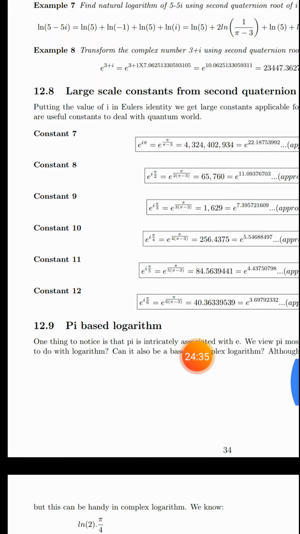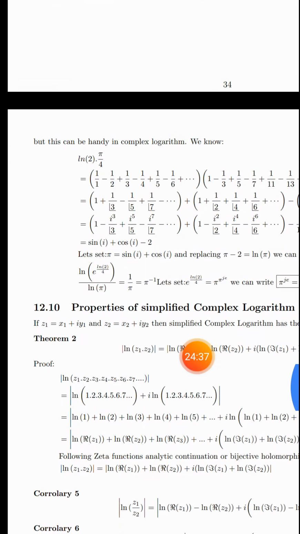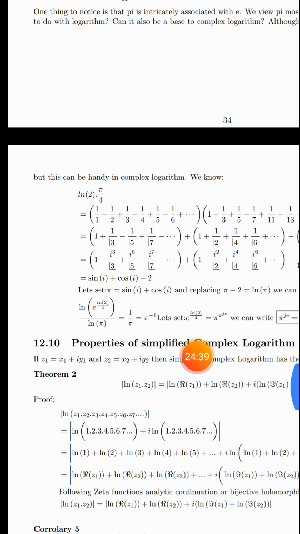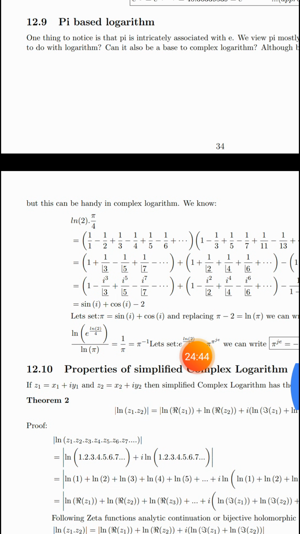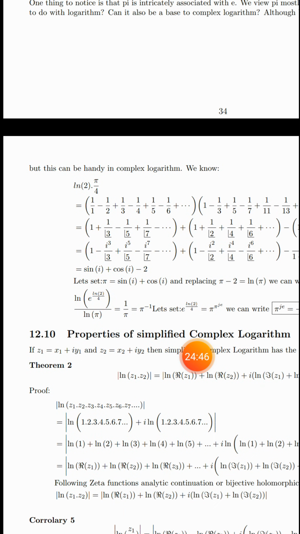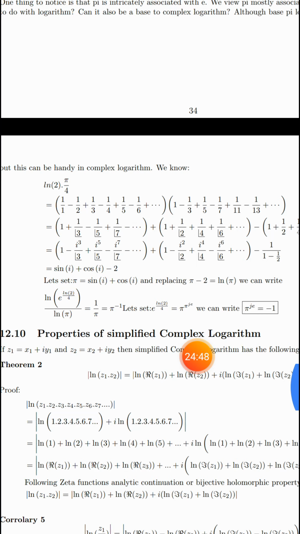So I looked into that, and I found that pi can also be represented as a base of logarithm. How can I do this? Here we need to do some manipulation on the formulas of pi and ln2 both. So when you split the ln2 formula into two parts, then